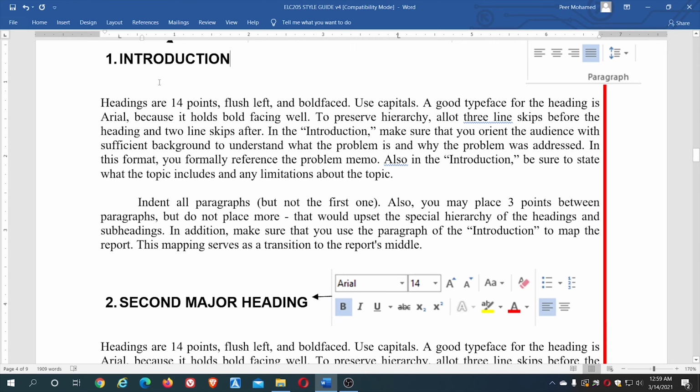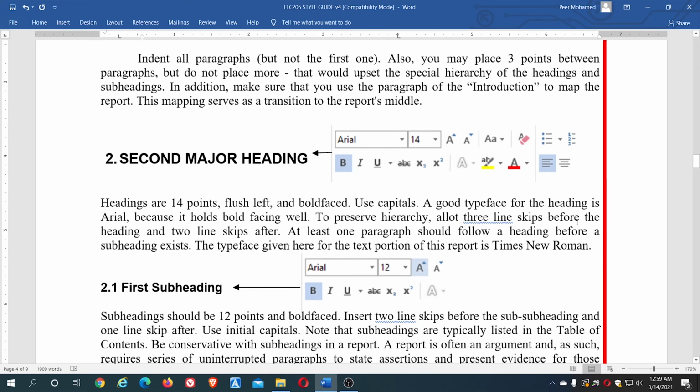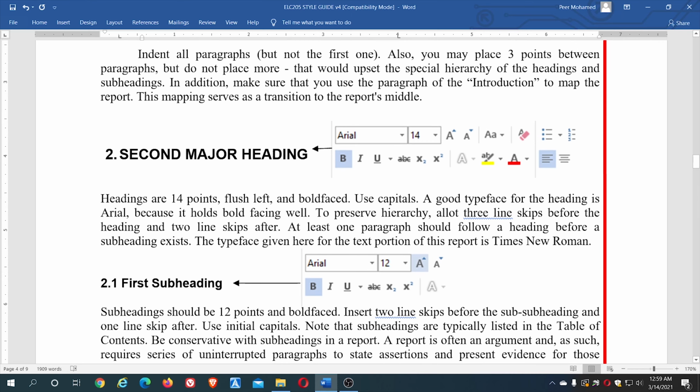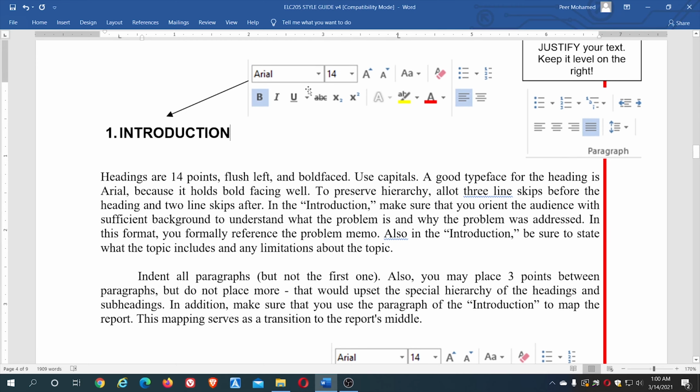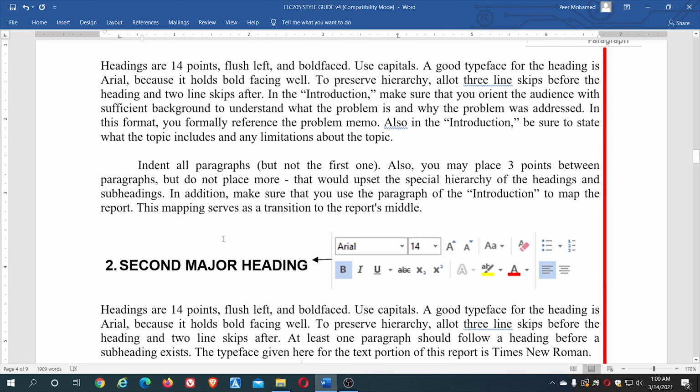So these are all about the introduction. You can write in 1 to 2 paragraphs. Then chapter 2, the second major heading, in the Arial font, as we already saw. You can see the title in chapter 1 is Arial font 14 bold. Same. Whenever you are writing a major heading, write it in Arial, the font size will be 14, and it will be bold.